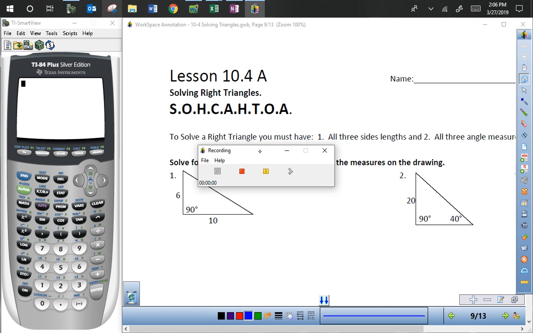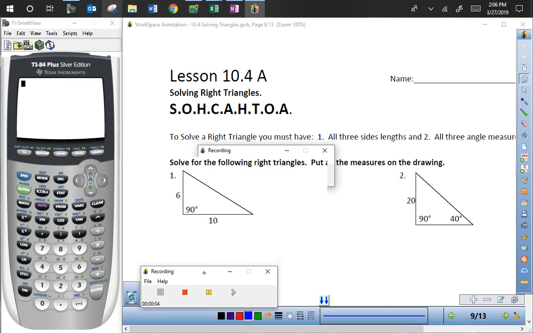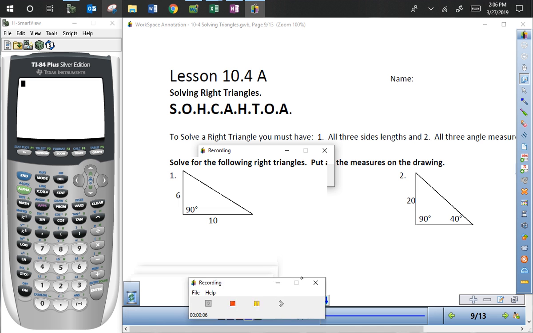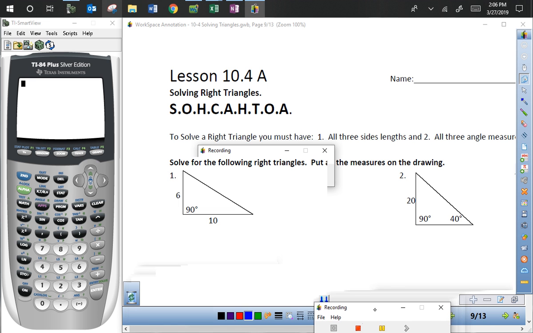Alright folks, today we are going to put together what we did the last two times. We're still going to be working with SOHCAHTOA, but this time we will use it to solve for both angles and sides in the same problem. What we're doing today is called solving the right triangle,